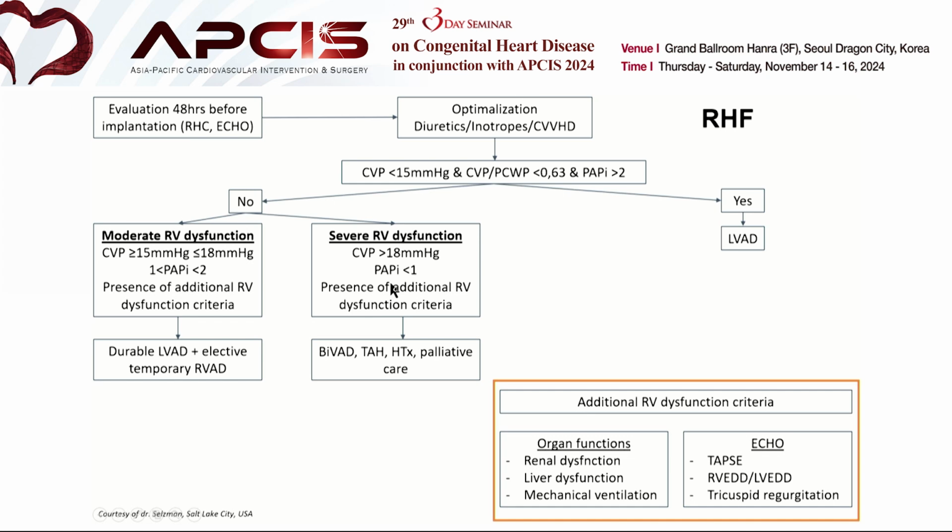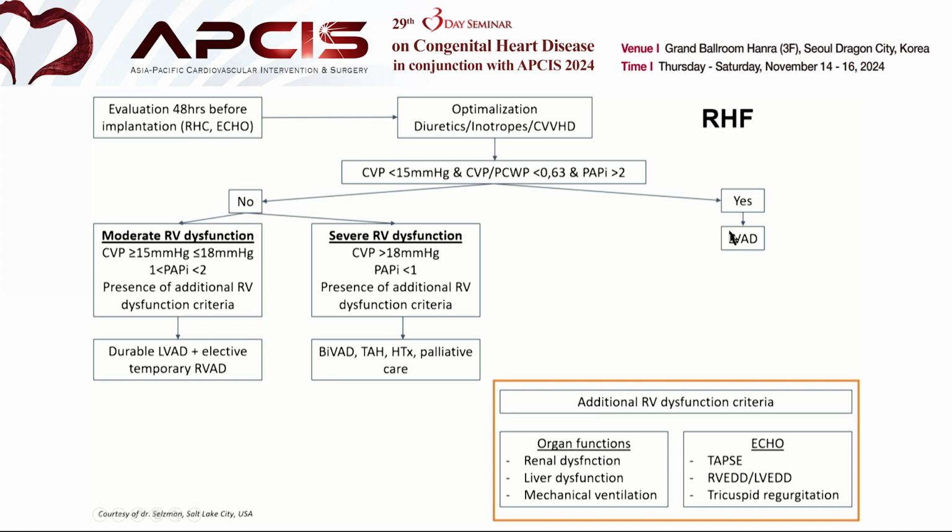And second, severe RV dysfunction is defined by CVP greater than 18 and a PAPI less than 1. Patients with severe RV dysfunction, especially if additional criteria are present, may require more intensive support such as BiVAD, total artificial heart, or possibly heart transplantation or palliative care if other options are not available. In case where acute RV failure develops during LVAD implantation, further management steps need to be taken immediately, which I address